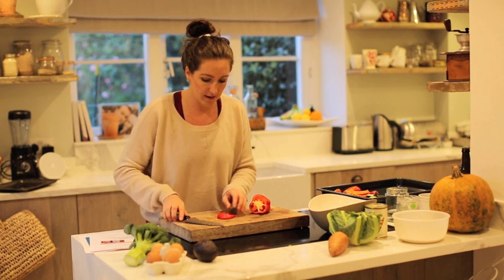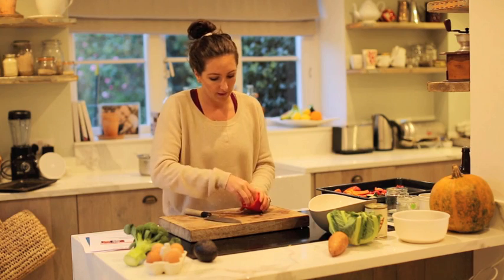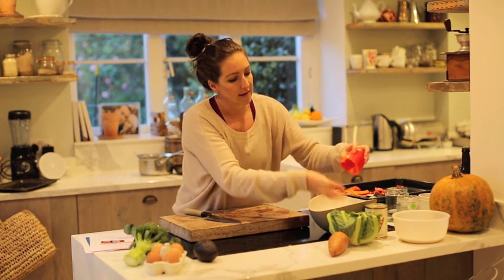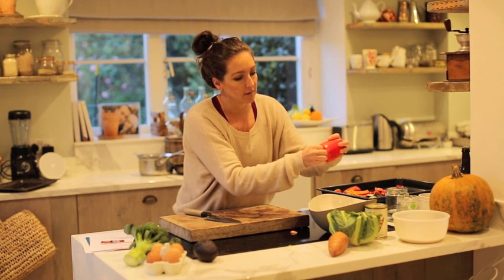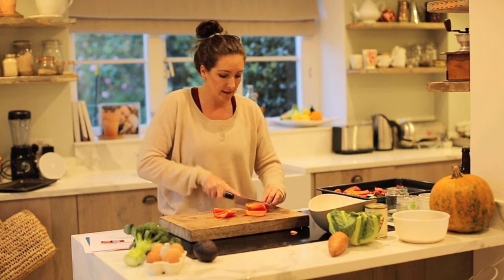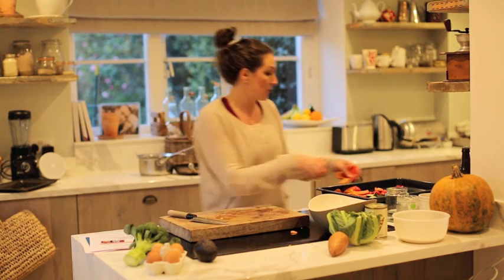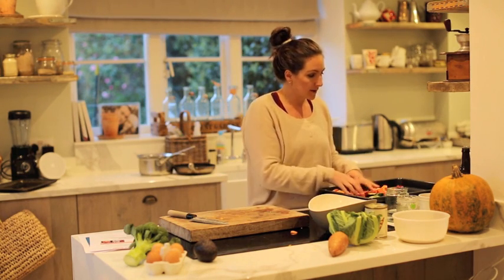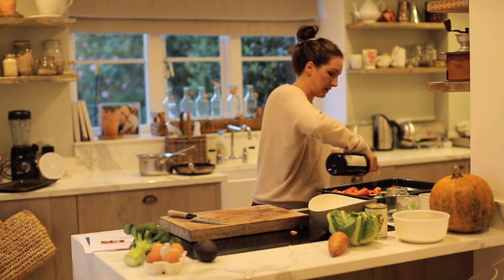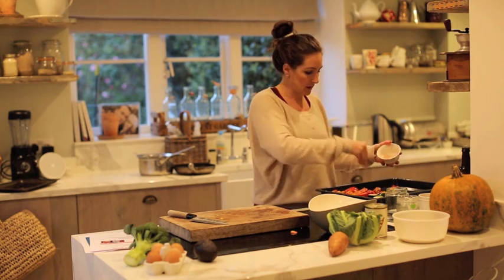Pull him out, chop it up, and again, just pull the centre out like that and give it a good tap to get all the seeds out and any of the white bits. Give it a slice into the same sort of sizes again, because again we don't want it to cook faster. So, a little bit of oil and some salt,